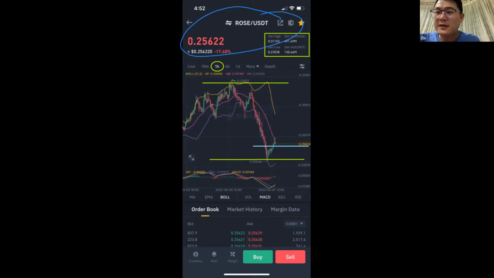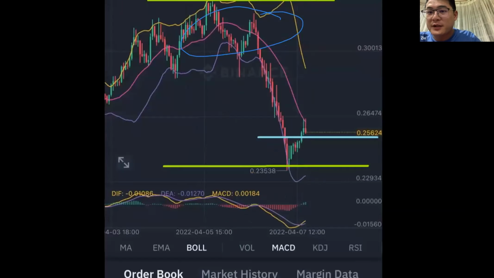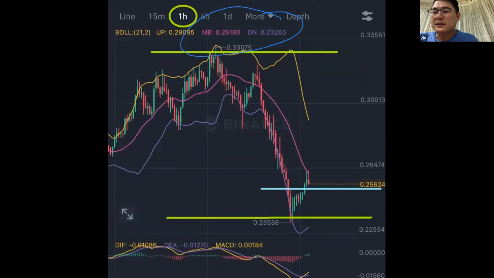Okay, I zoom the picture first. So you can see here, this is the 1 hour chart. Very important: you can choose between the 1 hour chart, 15 minutes, 4 hour, or 1 day. Normally, my own behavior